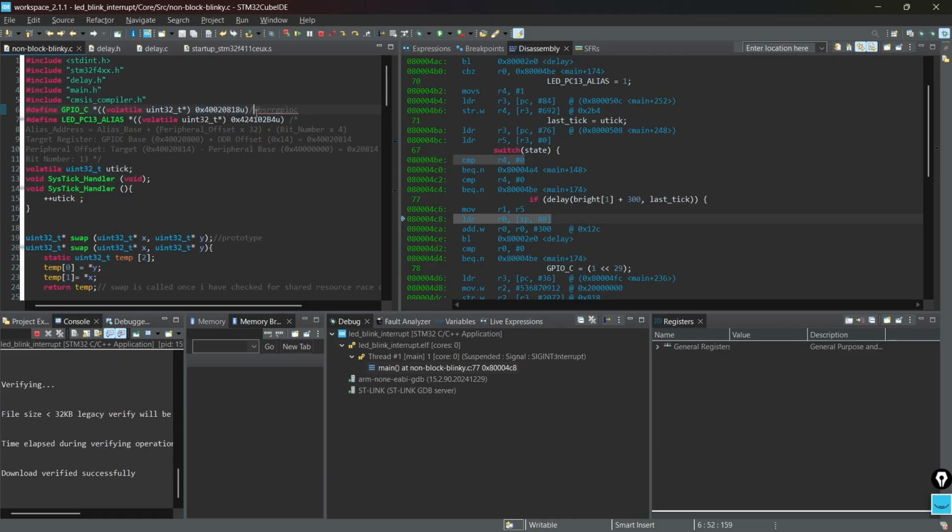But I'm going to teach you how you can do this on your own, because my goal was to blink the LED, the default LED, that is C13. You need to download the reference manual.